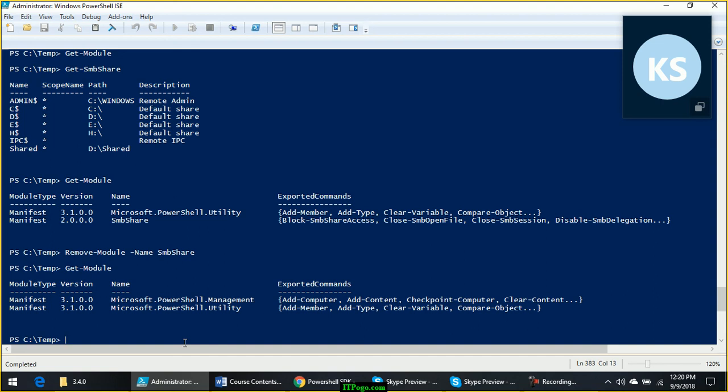And you don't actually need to worry about removing any modules unless you are running out of physical memory like RAM. If your PowerShell is working slow, there are too many things loaded into the PowerShell's memory, then only you should think about removing these modules. Otherwise you don't need to worry about it. Any other questions?